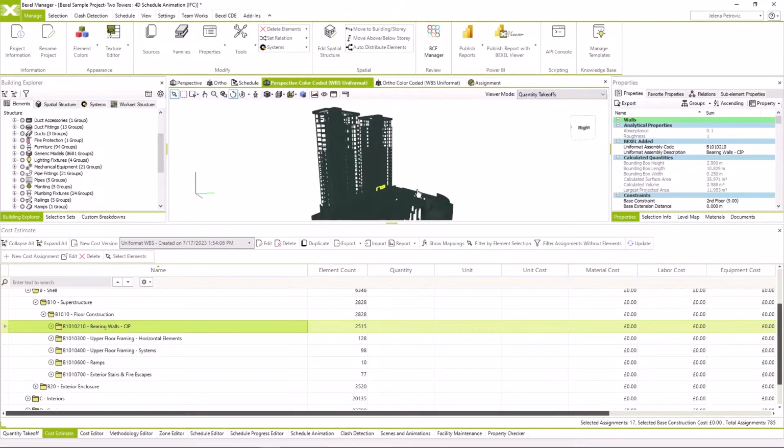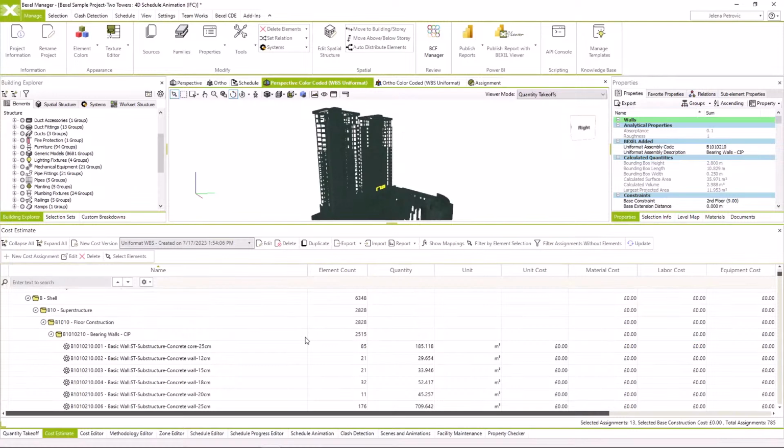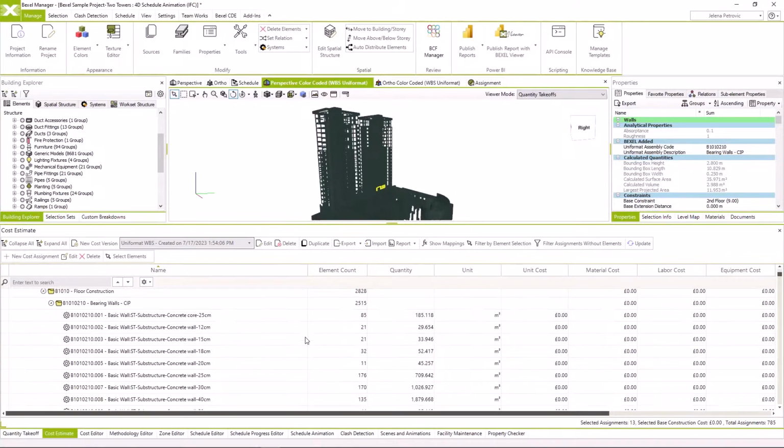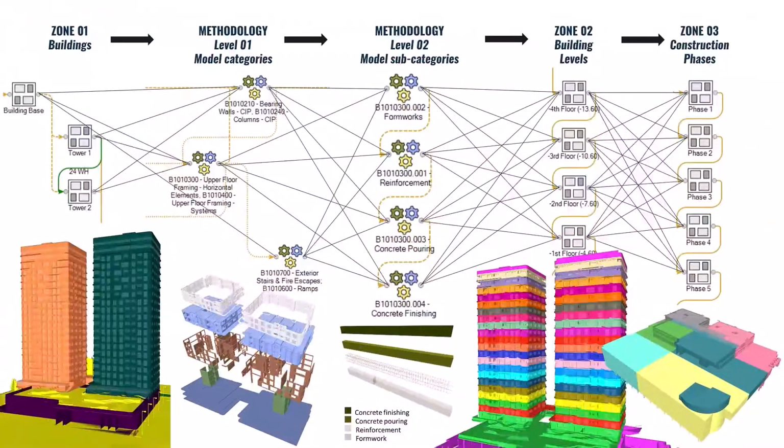Let's create a construction schedule using the BEXEL Manager engine for its smart creation. I will just briefly explain how the process of intelligent scheduling works within the BEXEL Manager integrated environment. Generally, it is comprised of two main processes. The first one is spatial project organization, or spatial work distribution, and the second one is functional or methodological work sequence